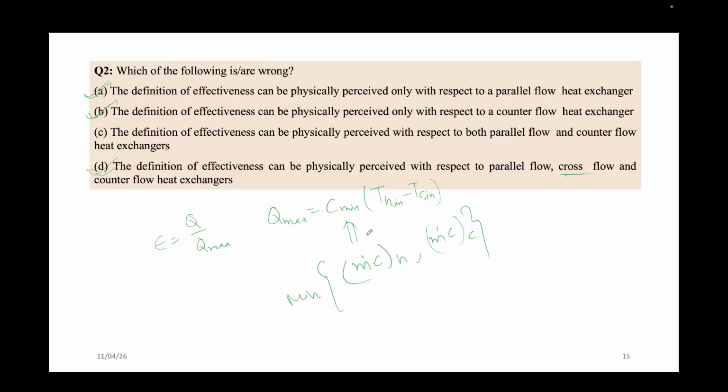Basically, there is a flow, no? Now got it? So it depends on the flow also. Just a minute. Let me check one thing. Though I think in this question,